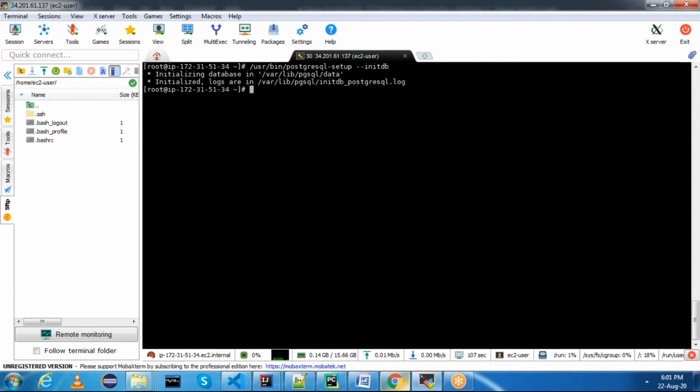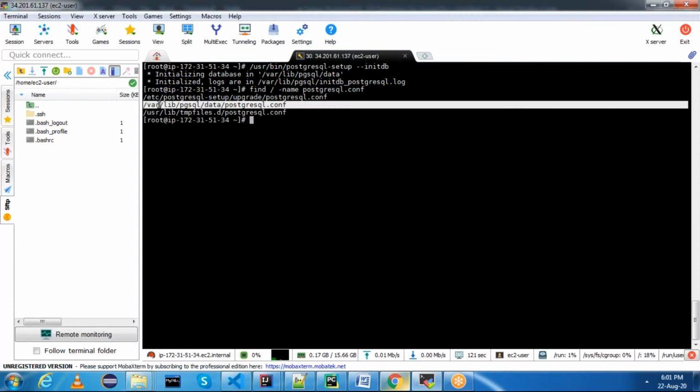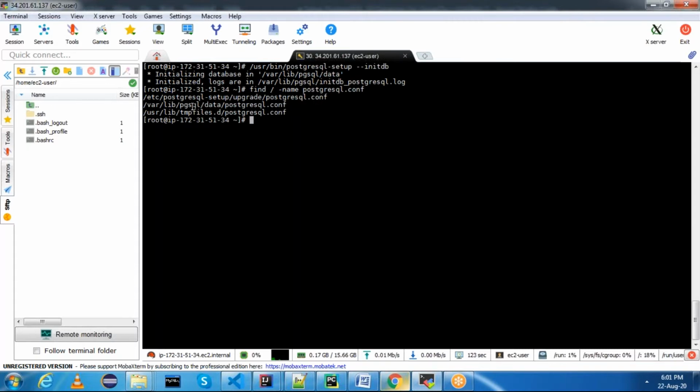Once your database is initialized, there will be two files for PostgreSQL. The first file would be postgresql.conf. Okay, this is the first file, in /var/lib/pgsql/data. This is the one, and another file is pg_hba.conf.